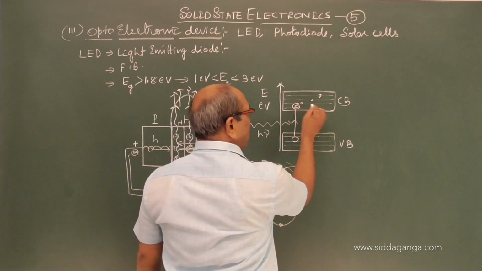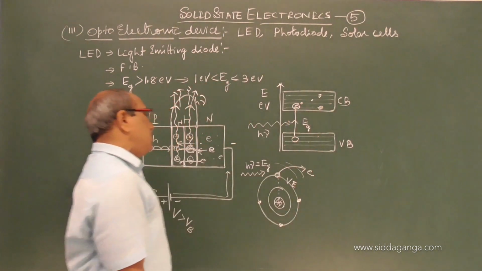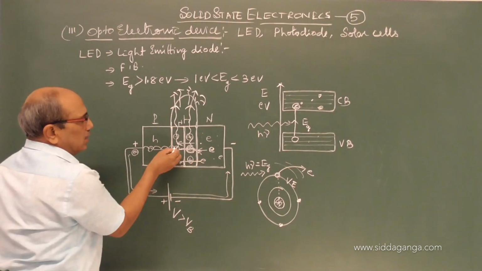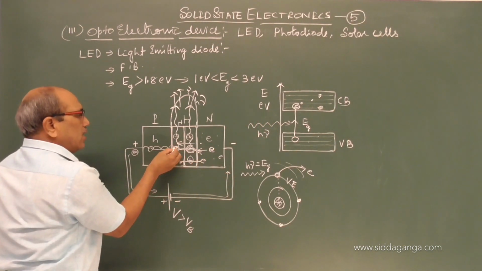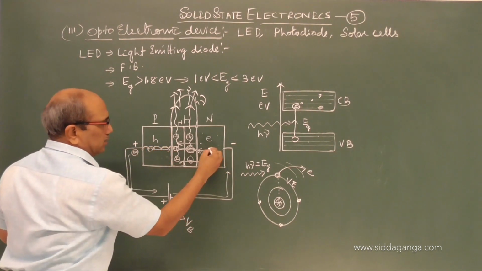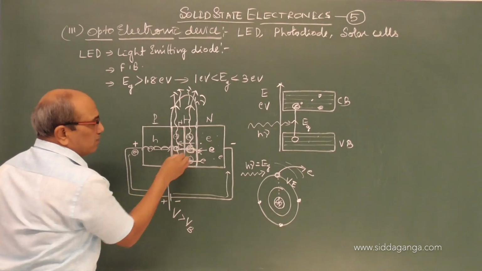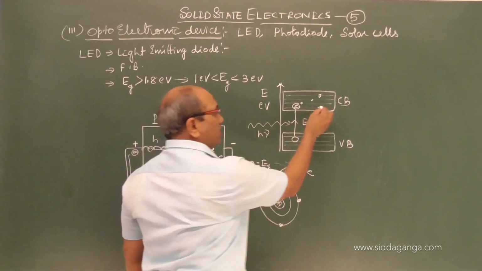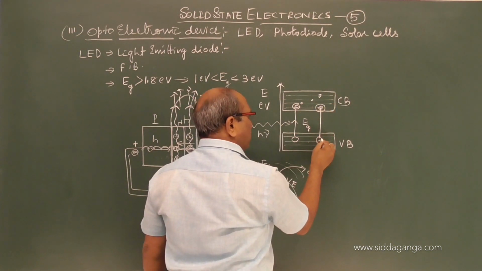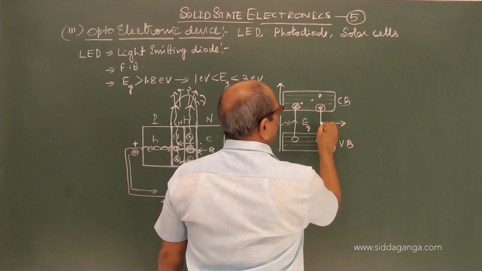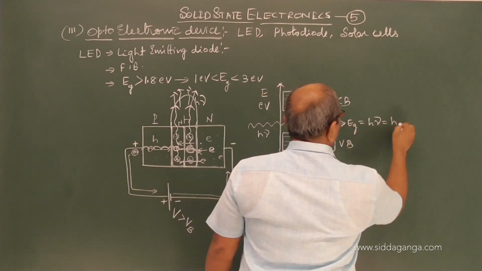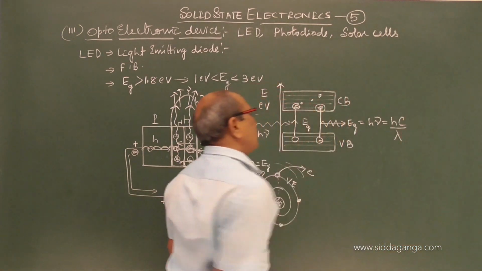But this electron has a chance. What I am saying is that this process took place by the supply of energy and a hole is created, and we take the electrons to this side, and this electron enters this side and diffusion takes place. Why does diffusion take place? When this electron returns and is captured by a hole, energy is released. This energy is minimum equal to h nu, or the wavelength is hc by lambda.